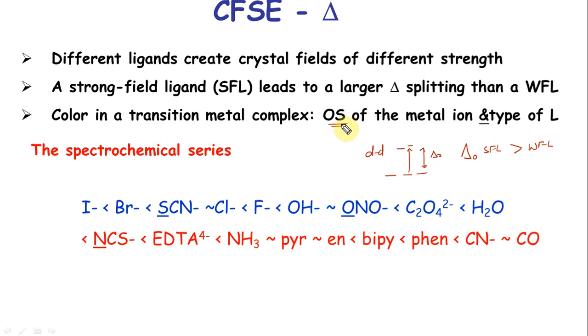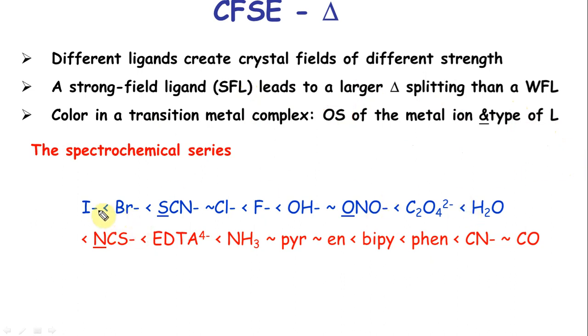A 3+ ion will accept electrons better, so it will interact with the ligand better. So obviously oxidation state is going to determine the separation and in turn is going to determine the color. Similarly, a strong field ligand, the one that can donate better, will give a different color than a weak field ligand. Now, this is the spectrochemical series and you are expected to remember it.